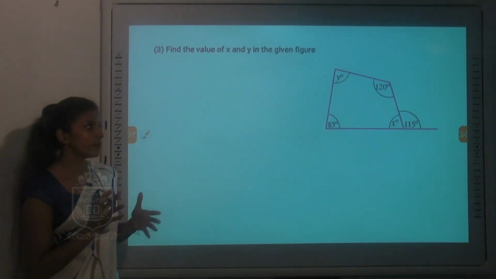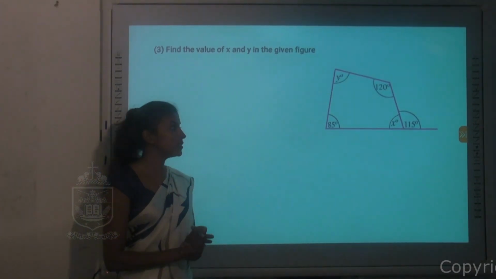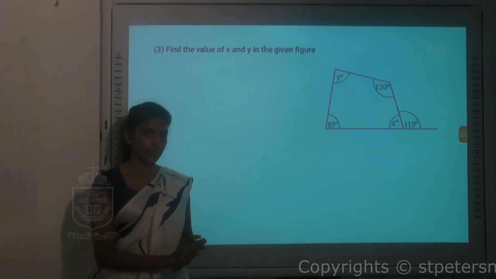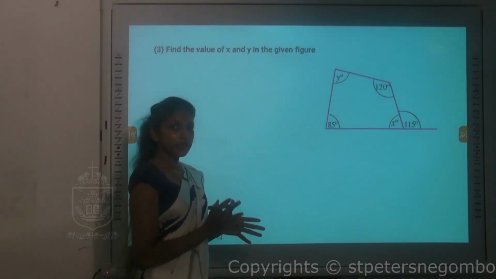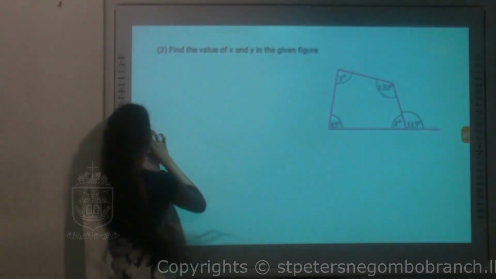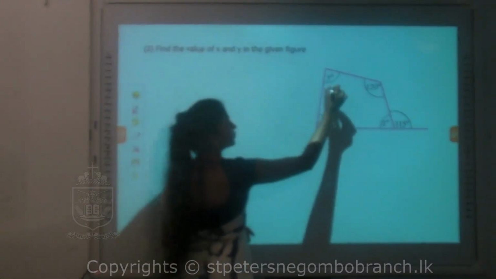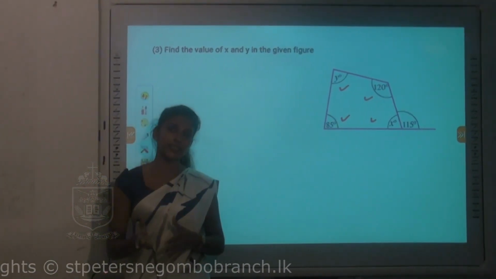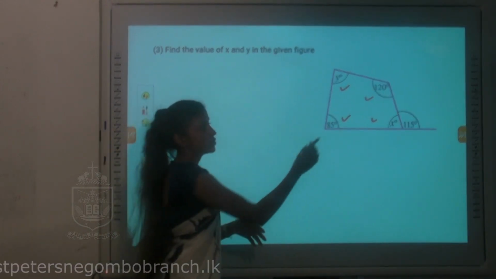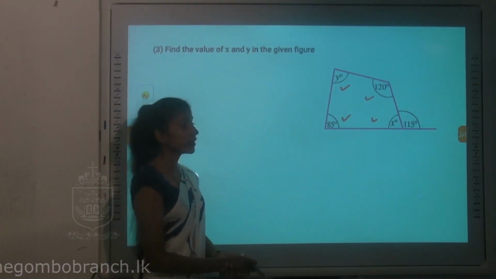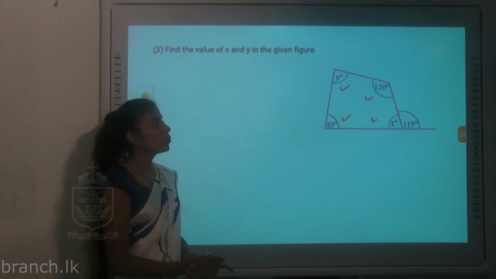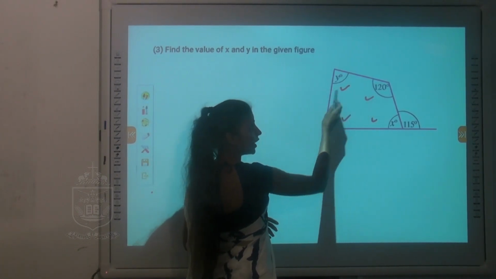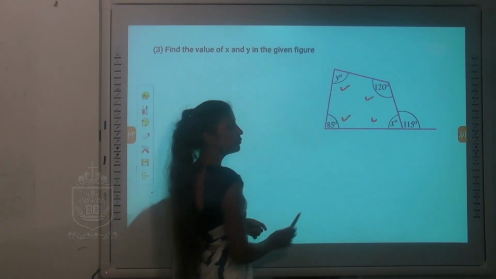One more example that is somewhat different than the previous 2 examples which we discussed. Now in here you have 2 unknowns X and Y. So look at the figure very carefully. These are the 4 interior angles given actually. Other than that, you all can see one exterior angle is given, which is left next to X angle. Now, when you are finding Y, you can't find Y at first because you have one more unknown angle.